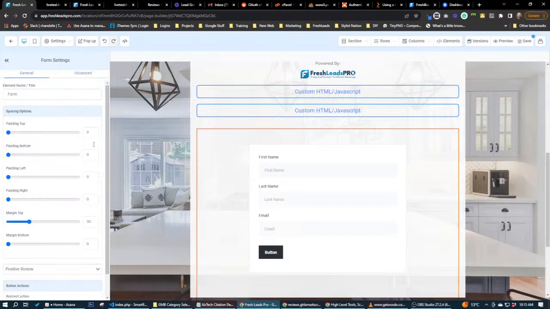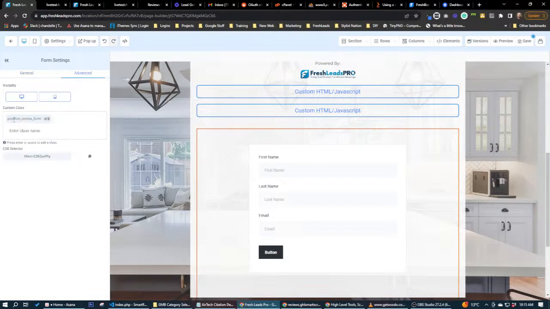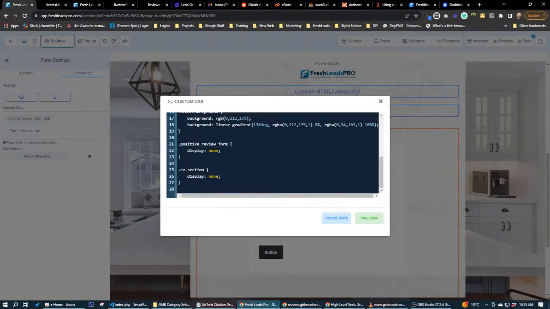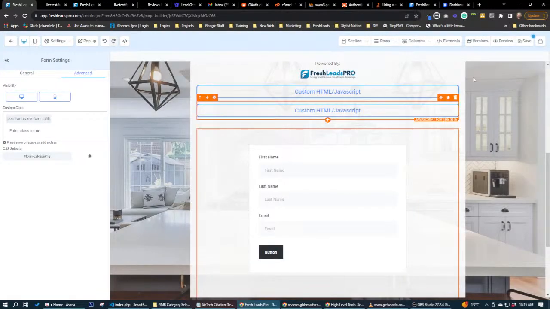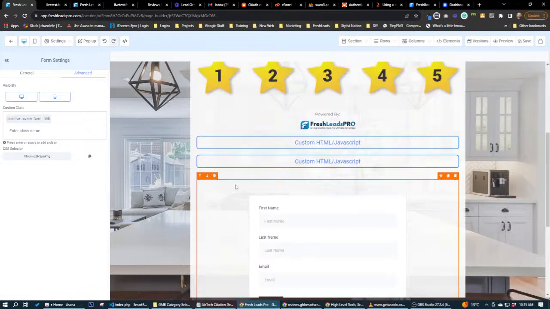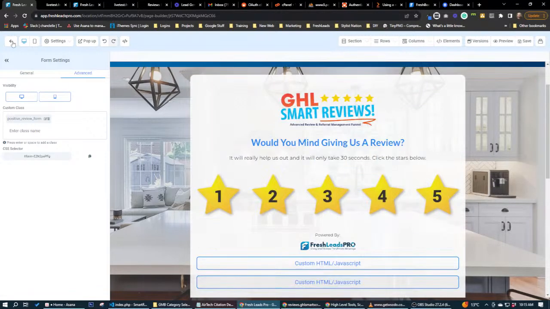I've done the exact same thing here on the positive review form, which is funny though, because in HighLevel, when I put the CSS on the positive review form and we're in the funnel builder, it doesn't actually hide the form. So we have positive review form here. We have display none, but in our funnel builder, it does display still, even though I have the CSS on it. However, when we go to see the funnel,